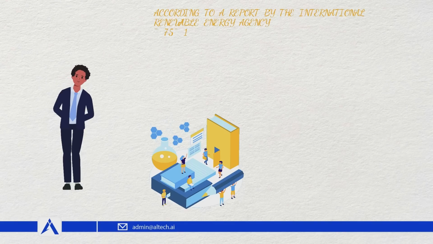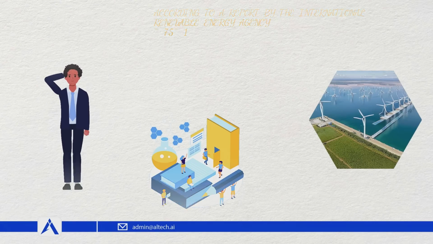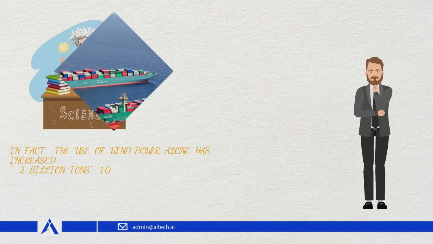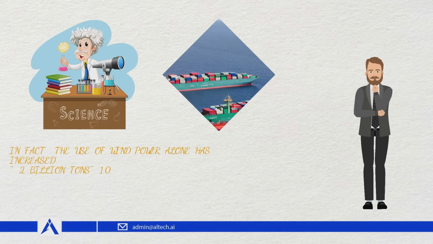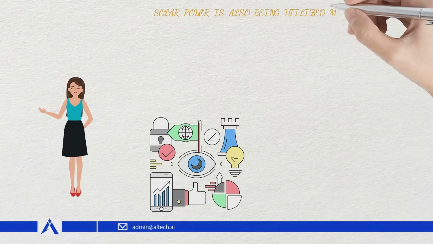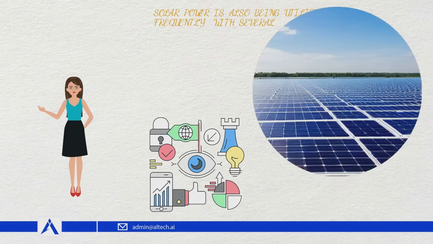According to a report by the International Renewable Energy Agency, the potential for renewable energy in the maritime sector could reduce carbon dioxide emissions by up to 75, representing a staggering 1.2 billion tons of CO2. In fact, the use of wind power alone has increased by 10 in the shipping industry, according to a study by the International Windship Association. This increase signals a shift towards more sustainable business practices in the maritime industry, reducing the carbon footprint of vessels